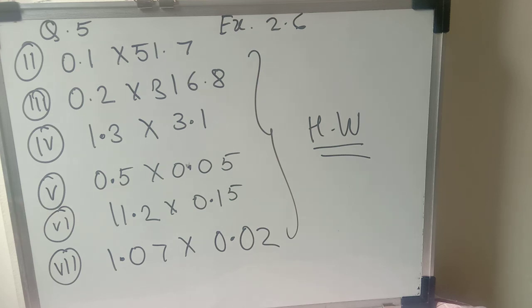Okay, so in the next part we will see how to do division. Here we have seen how to multiply decimal numbers. Now we have to see how to divide decimal numbers. In the next part we are going to see how to multiply a decimal number by a whole number, how to divide a decimal number by 10, 100 and 1000, and how to divide a decimal number by a decimal number. Okay, these things we are going to see in the next part.